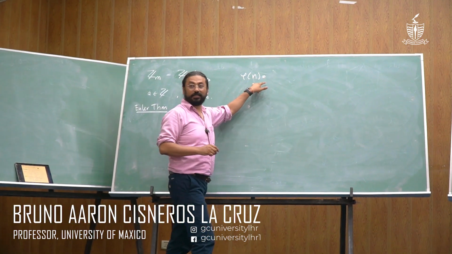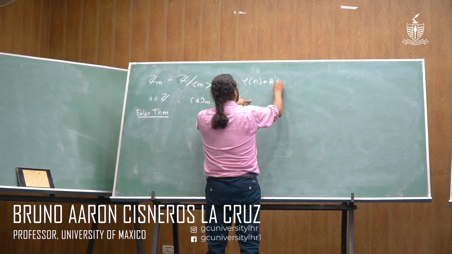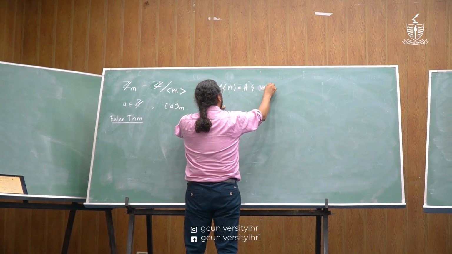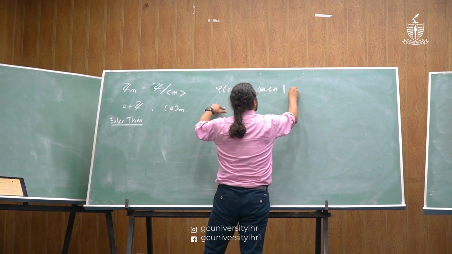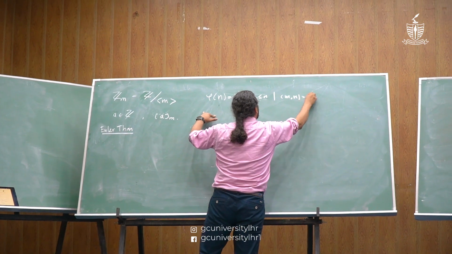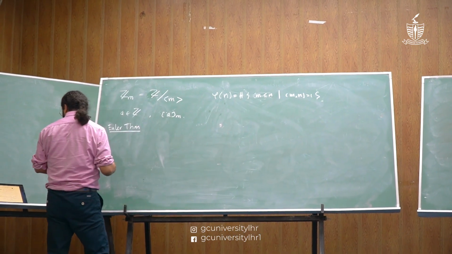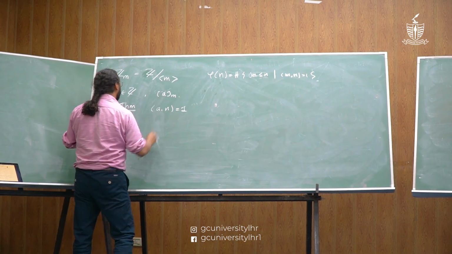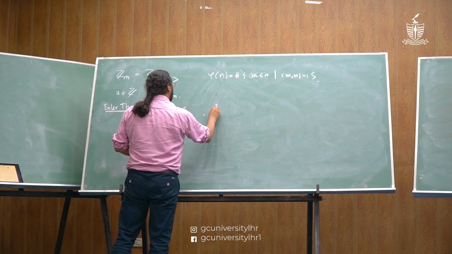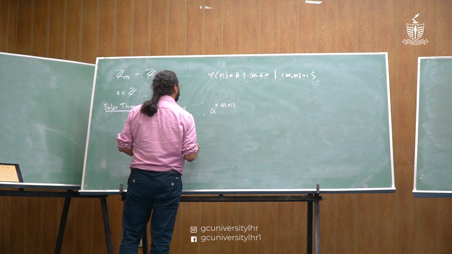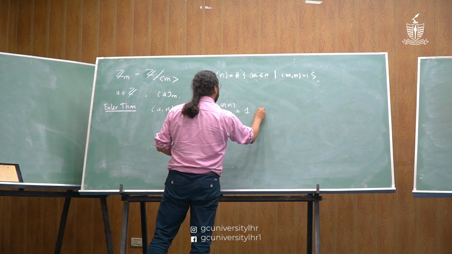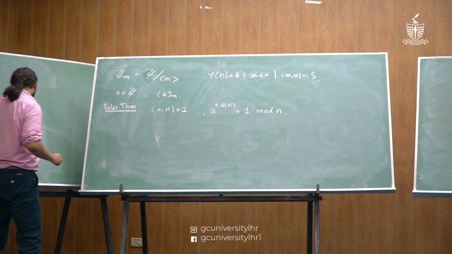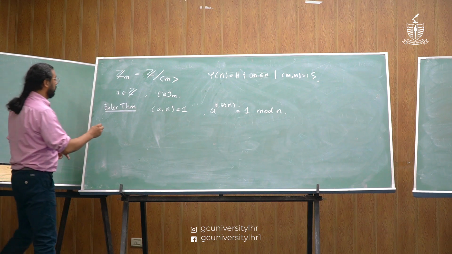Prime relatives, right? It's counting the number of prime relatives. Okay, so we have this, no? If we have two prime relative numbers, then a to the phi of n is equal to 1 modulo n, and an exercise